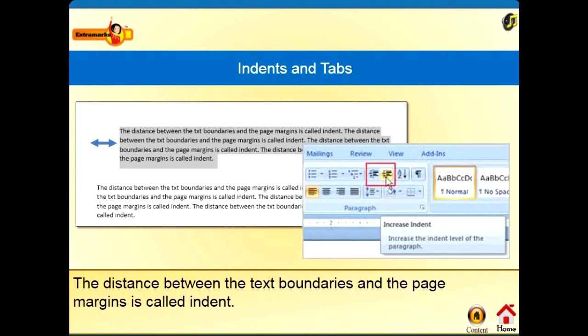Indents and tabs. Now you can see this is the margin, the distance between the text and the page border. Our text starts from here, so the distance between the text boundary and the page margin is called indent.